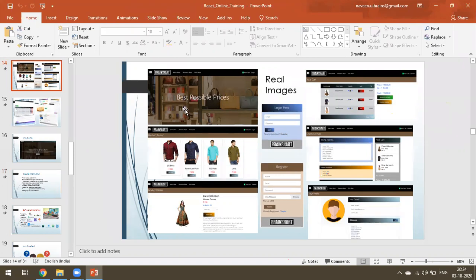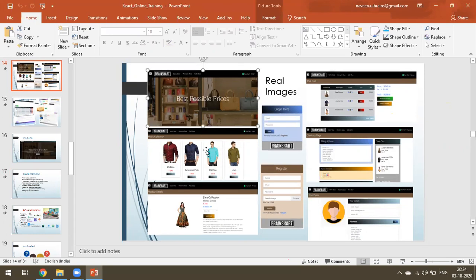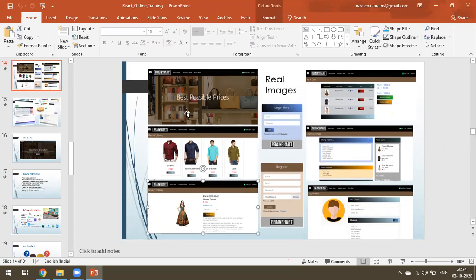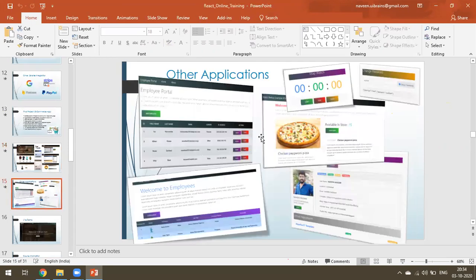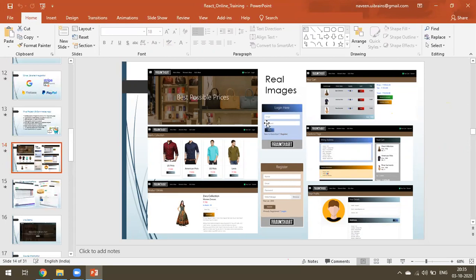I have designed it this way so that those who join both my React and Angular classes can easily differentiate how you can do the same story with React and Angular. Even the contact app, even the big basket, everything is the same. Okay. Yeah, Naveen, Bharat here. Bharat, tell me.